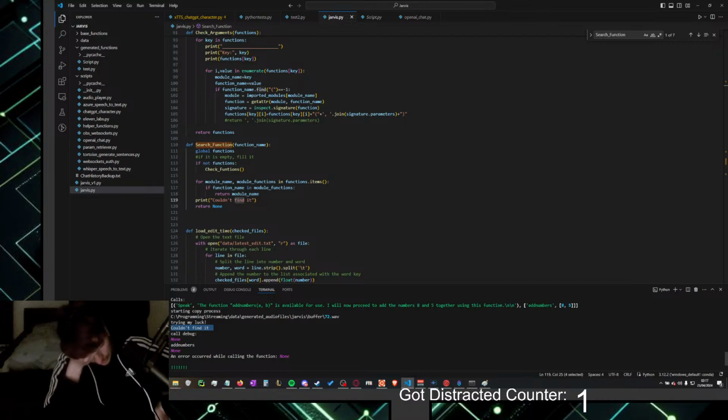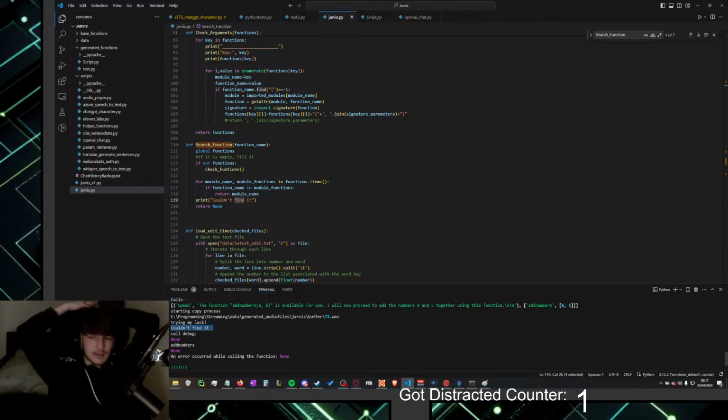Oh, this is such a headache. Why did I do it like that? But how else can I do it? How else can I add the arguments? How can I give it the arguments that it needs?